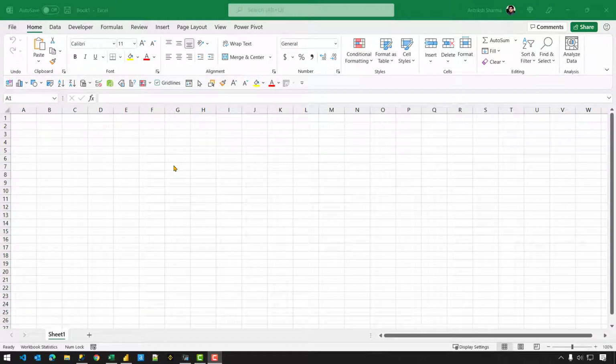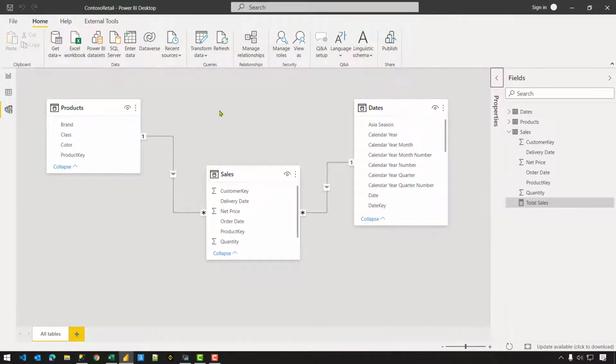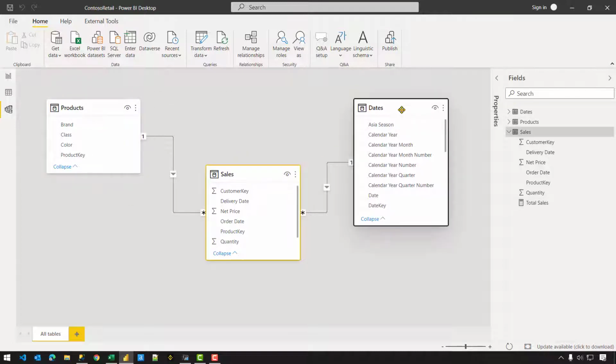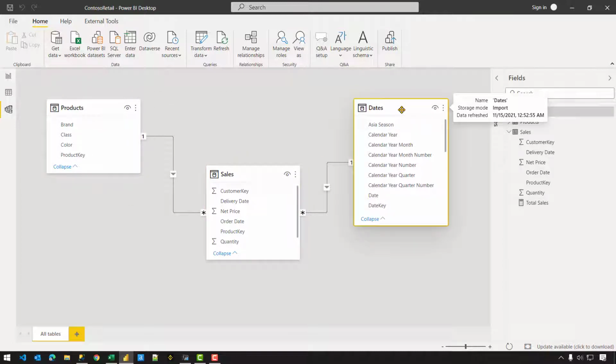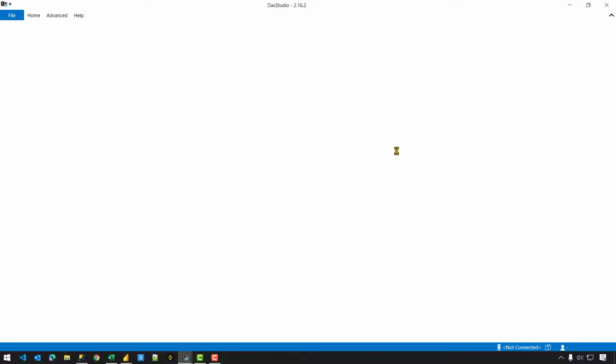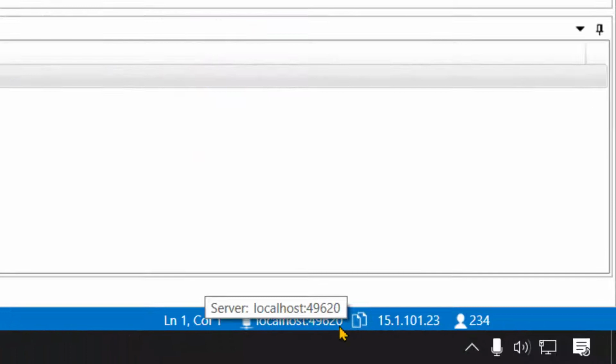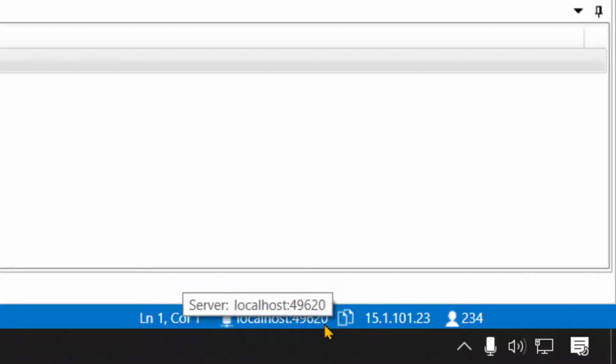So to connect Excel to Power BI, first of all we need a Power BI file that contains the data model. So you can see that I already have a file with the name Contoso Retail, which has products, sales and the dates table. And in case I want to connect Excel to Power BI, what I need is an external tool such as DAX Studio. So let's open that, and what DAX Studio will do is it will provide me the port number on which the Analysis Services is operating or listening. So you can see that we have here localhost 49620,